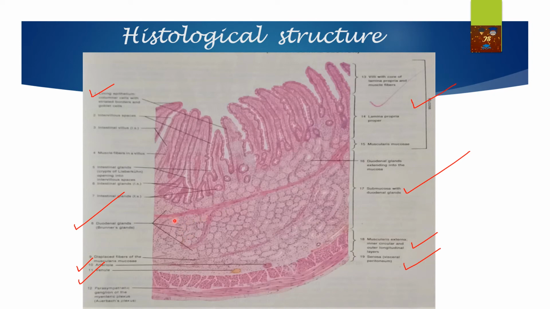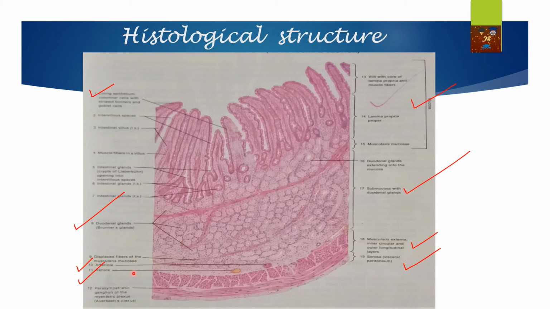In the submucous coat, you can see the Brunner's gland, which is called the duodenal gland. There are the artery and the vein, and after the submucous coat comes the muscular coat. This is the muscular part made up of smooth muscle, which helps in the propagation of the food throughout the different parts of the small intestine and ultimately into the large intestine. Lastly, there comes the serous coat. So four coats are there: mucus, submucous, muscular and serous, and the presence of the Brunner's gland.